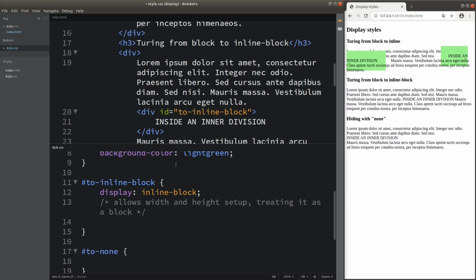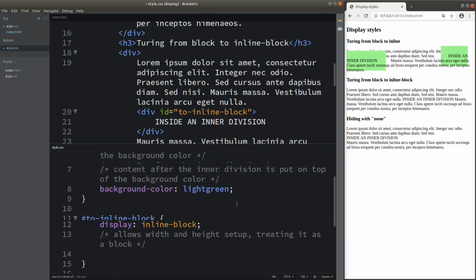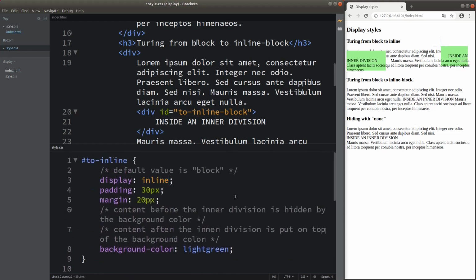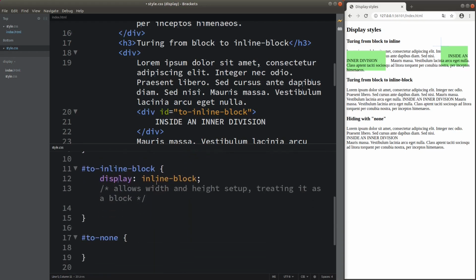And what's the difference between an inline block and the conventional inline display mode? The difference is that for the inline mode, we cannot change the dimension of the inline component. That means we cannot add the height and the width for the inline component. We could only add padding and margins. But for the inline block mode, we can allow the width and height setup. We can just treat the inline block as a real block, that is having the property of the inline display mode. So I can simply add the width and height now.